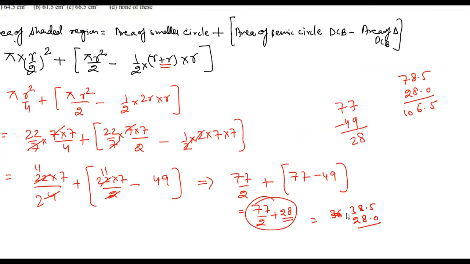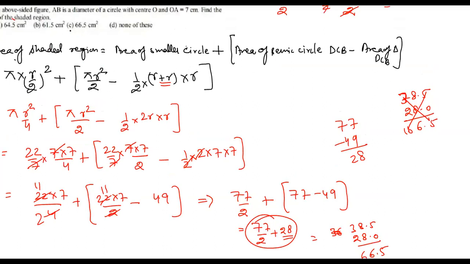Got it. The answer would be when you add these two. Okay, I was just, I don't know what I did. Why did I add this 78.5? This is 38.5, and I have calculated this one here, this will be 38.5. So when I add this to it, it will simply give me the answer. That's all a calculation mistake. So you can write here 5, 8 to 16, 1, and then 66.5. 0.5 would be the correct answer. C would be the correct answer. Got it? Okay, sir. So please copy this one. Okay, sir.